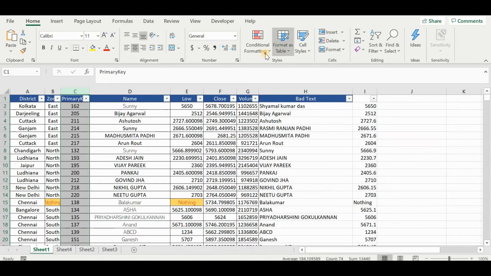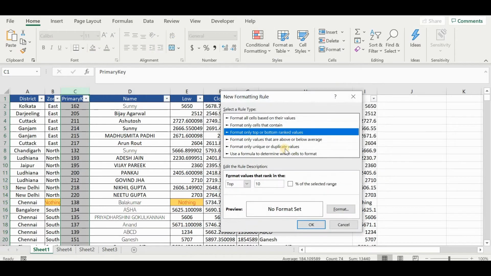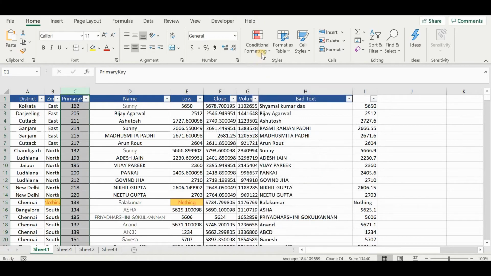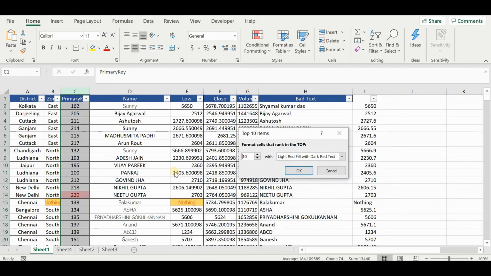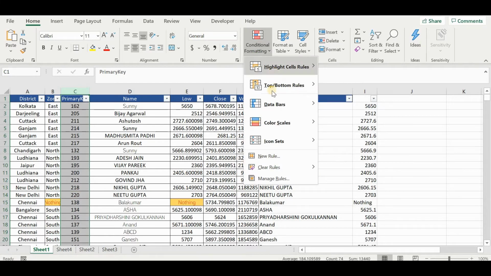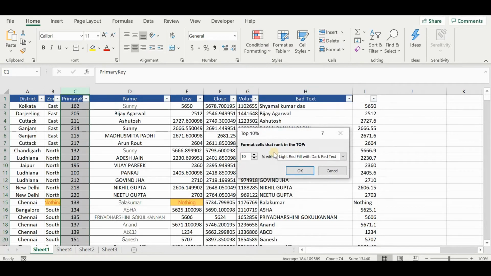Similarly, above average and below average can also be done. This is a little advanced concept which we'll cover just now, but not right away. Similarly, you can also highlight the top 10 items. Then you have top 10%.